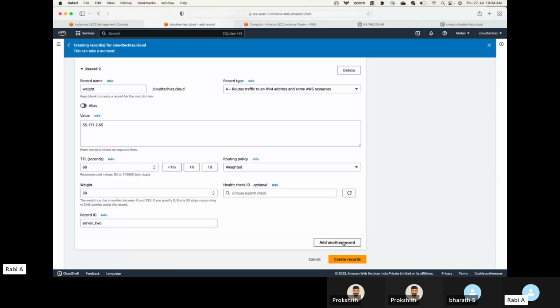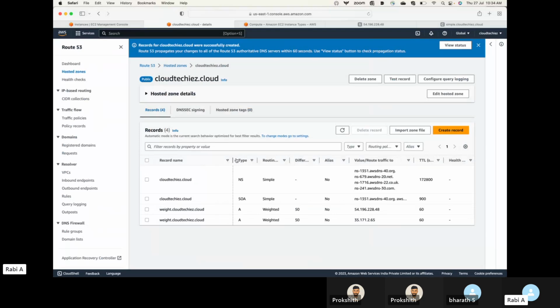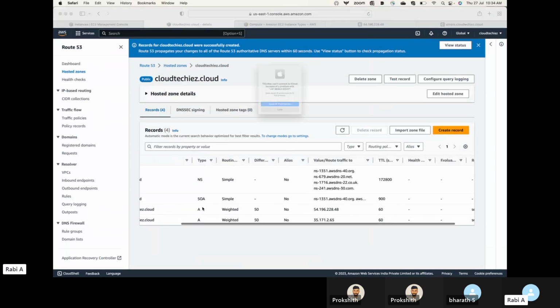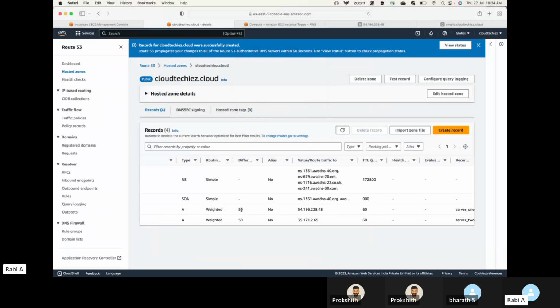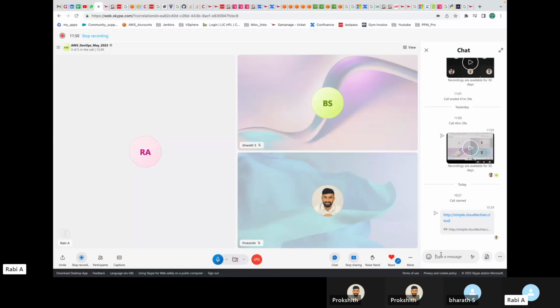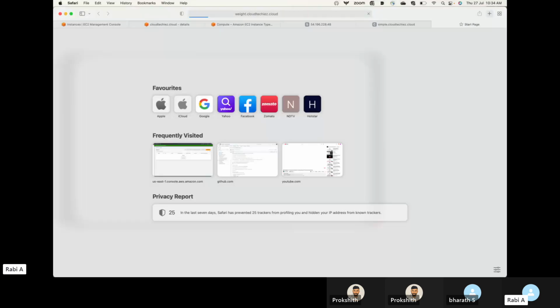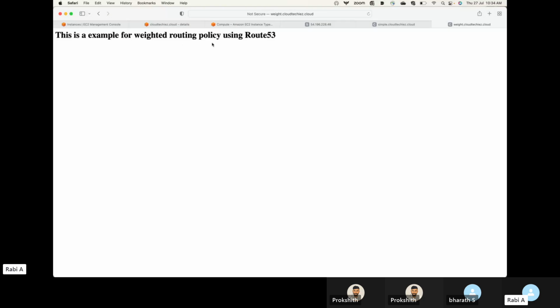So this is how you can define your weighted routing policy. You can see the URL remains the same, but we are telling it to send 50% of the traffic to this server and the remaining 50% of the traffic to this server. Like this, you can make use of your weighted routing policy. So now if I hit this, some of your traffic will go to server 1 and some of your traffic will go to server 2. So in my case it is going to server 2, right? So if I refresh this,